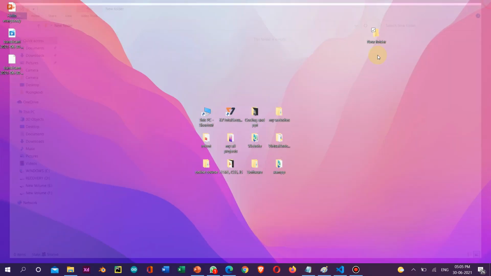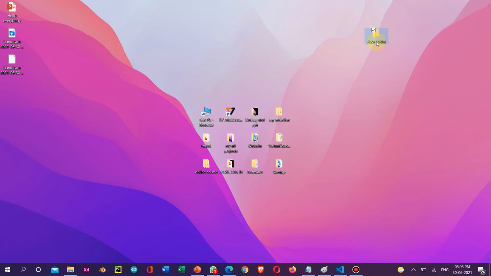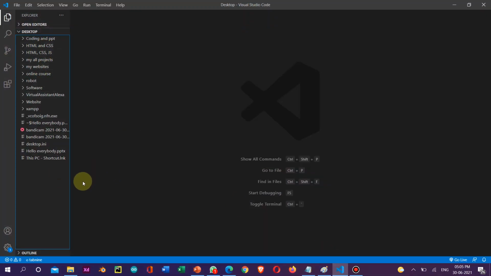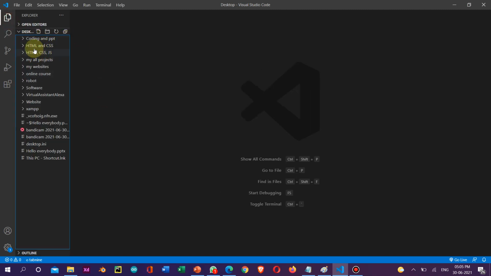Okay, I'm going to name this folder as HTML and CSS. And here's our empty folder. Open Visual Studio, and here you can see HTML and CSS. Okay. For starting our course,